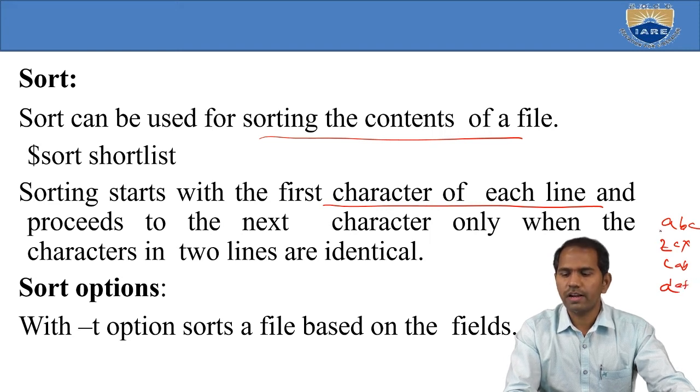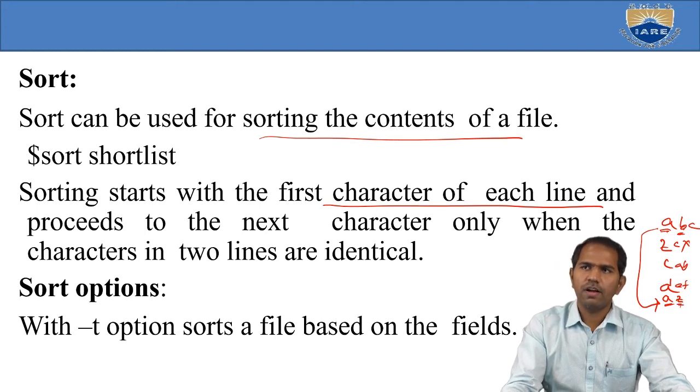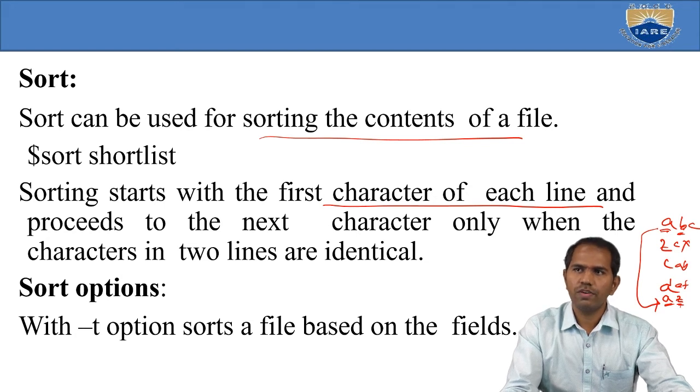So now take the first character A. Here the same letter starts with A. Now the second letter is Z. Now in sorting, these two are checked. Both have the first character A, so it checks the next character. The first line has B and the last line has Z. So B comes before Z in order, so this is taken as the sorting order.